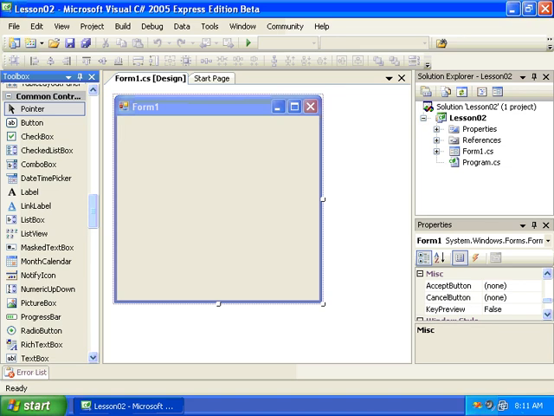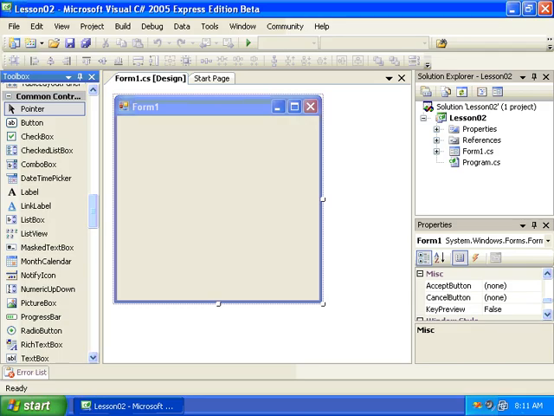Now on the right hand side, I have two visible windows that each share about half the available space. On the top I have the Solution Explorer, on the bottom I have the Properties window. Now we've already talked about the Solution Explorer in the previous lesson. In this lesson we're going to talk about the Properties window. But before we do that, we can see that each of these windows are docked and pinned down on the